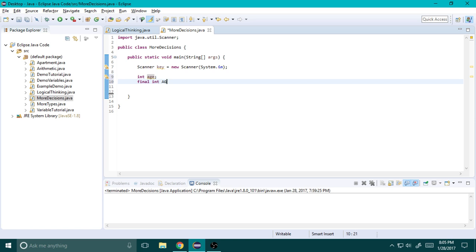So, int age limit. You usually want to declare your constants in capital letters so it's easier to distinguish. And I'm going to assign it the value of 21 if you're in the United States. Now here's where I'm going to write my decision structure. I'm going to write if age is greater than or equal to 21, or whoops, age limit, okay,